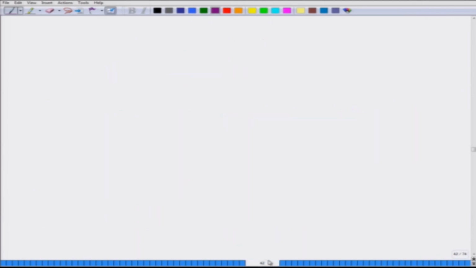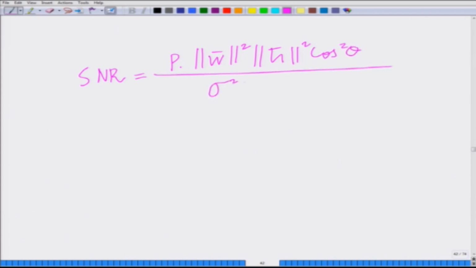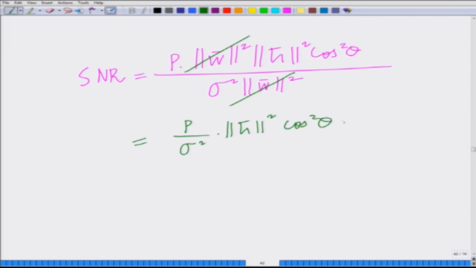And now what I can do is substitute this in our expression for SNR. Therefore, our SNR equals P times norm of W bar square times norm of H bar square cosine square theta divided by sigma square times norm of W bar square. This norm of W bar square in the numerator and denominator cancels. So, I have P divided by sigma square times norm of H bar square times cosine square theta, and you can see this is maximum